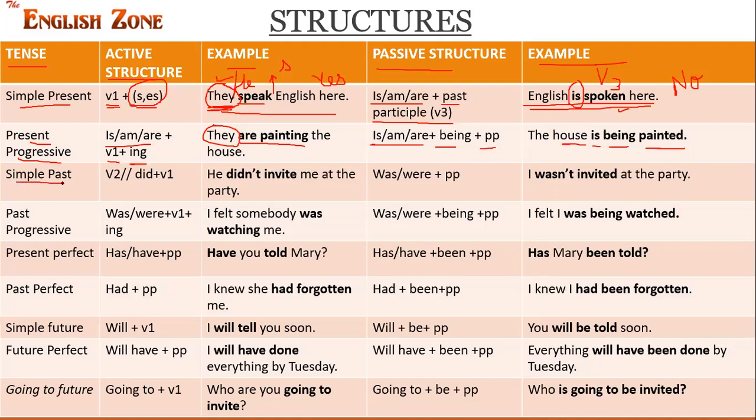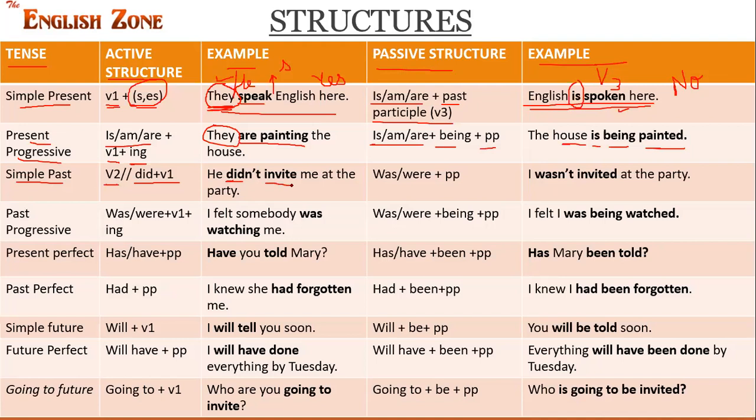This is simple past. In case of simple past, we have to use the second form. If we are using a simple sentence, or I would say an assertive tense, assertive means positive. पॉजिटिव टेंस यूज कर रहे हैं तो सेकंड फॉर्म आएगी, और अगर हम लोग नेगेटिव या इंट्रोगेटिव यूज कर रहे हैं तो डिड प्लस फर्स्ट फॉर्म आएगी. Now for example, here my example is about the negative. So I would say he didn't invite me at the party. उसने मुझे पार्टी पे इनवाइट नहीं किया, तो I have used did plus first form.